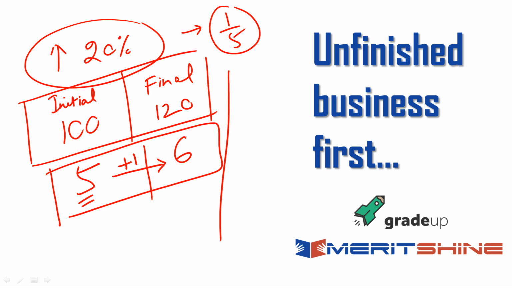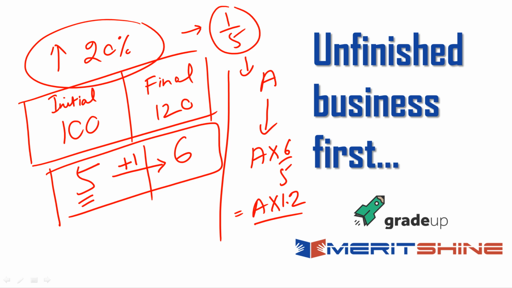अब what I do directly in all such cases is that when somebody tells me that something increases by 20%, I use proportions directly. Let's say the area of a square is A and you get to know that the area increases by 20%. 20% increase means an increase of 1 unit over 5 units. So I'll take the final area as A into 6 by 5, or I can also write it as A into 1.2. Both of them are the same thing, but I prefer this 6 by 5 in most cases, using proportions.